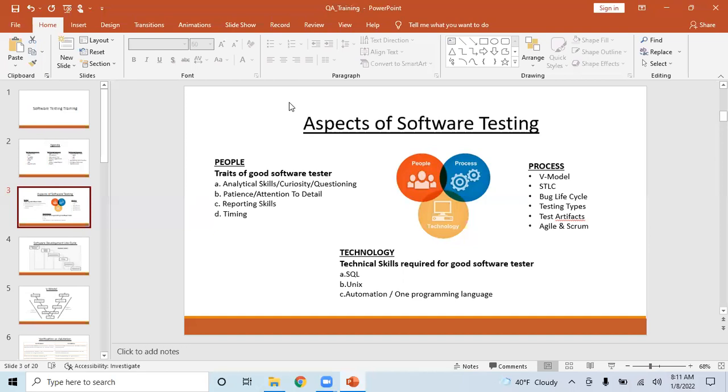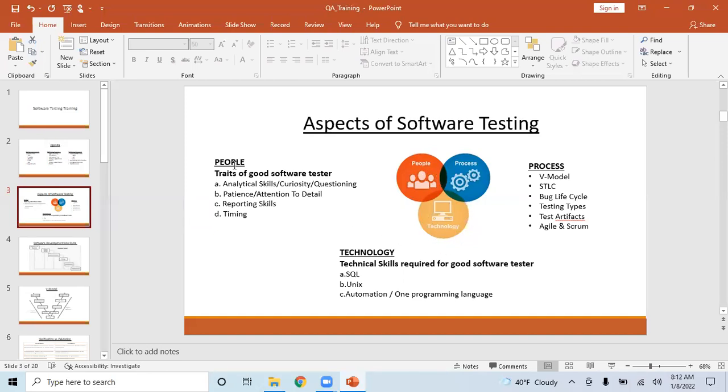So let's start with manual testing. Not only manual testing, but let's talk about what we need before we start learning about testing. What are all the aspects that a tester should have? Basically, there are 3 things: people, process, and technology.